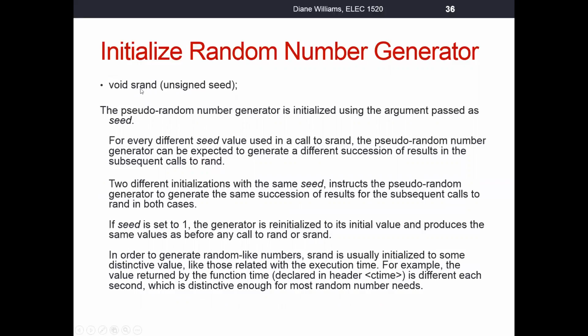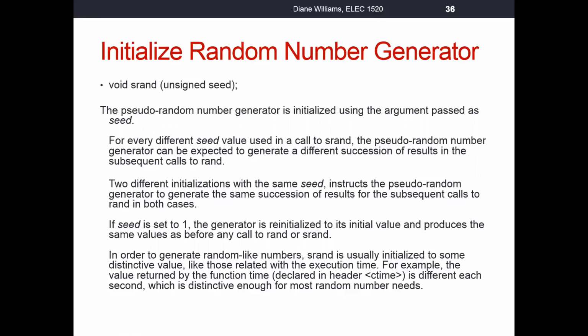So there's a function called srand. We're going to pass to that an unsigned value, so an unsigned integer, right? The parameter name is called seed. We'll just pass it an unsigned integer. It won't return any information, but what it does is it will use that number to start the algorithm. It will be a seed to the algorithm, and then when we run that, we can actually get a different